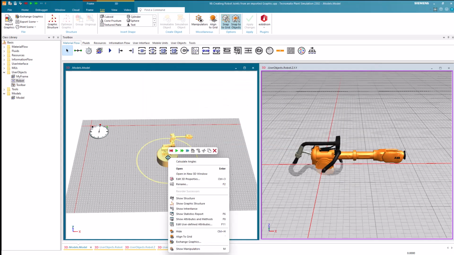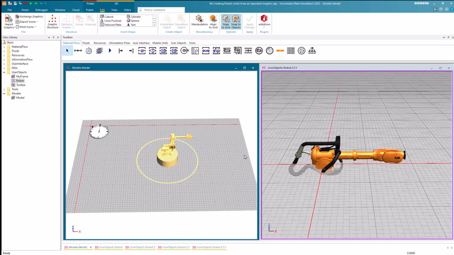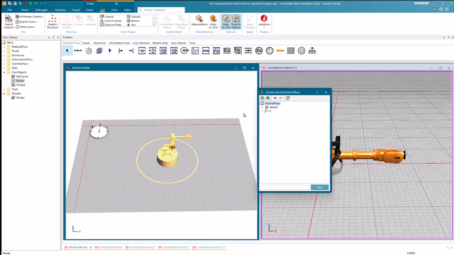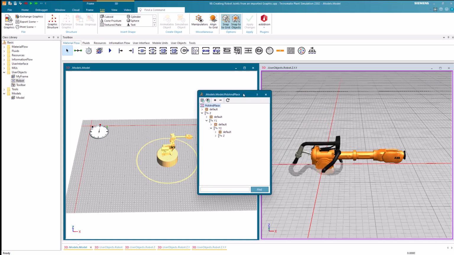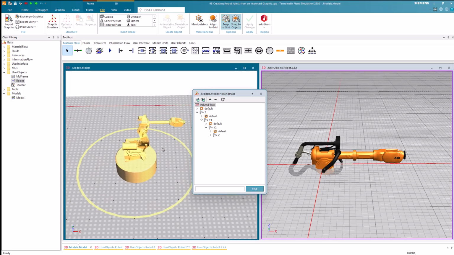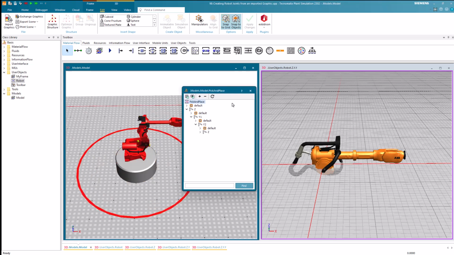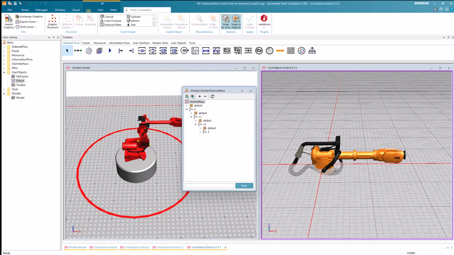Next, we'll access the robot's graphic structure dialog. Here, we observe that there is a z-axis, followed by two y-axes, and then another z-axis. However, upon revisiting the current joint of our robot, it becomes apparent that we naturally have a joint rotating around the x-axis. So, we would aim to incorporate an additional joint that revolves around the x-axis. The challenge lies in the fact that Plant Simulation would not support this configuration, as we can see in the graphic structure of the Comau robot.